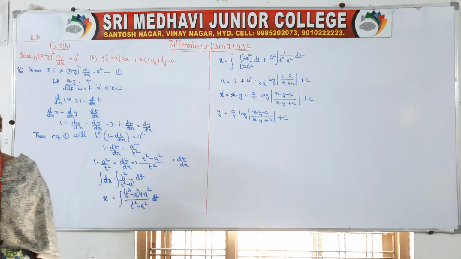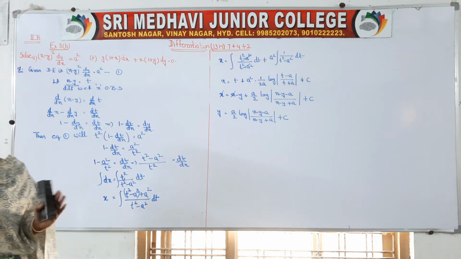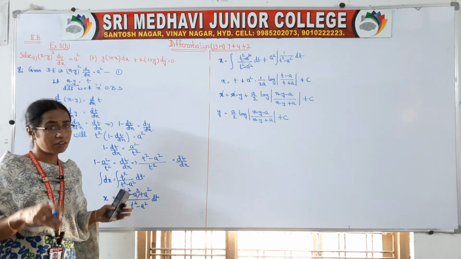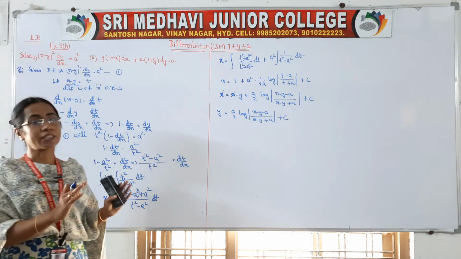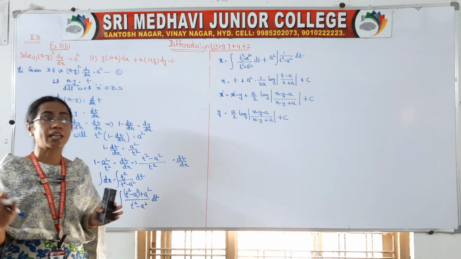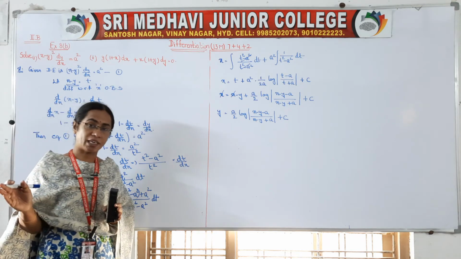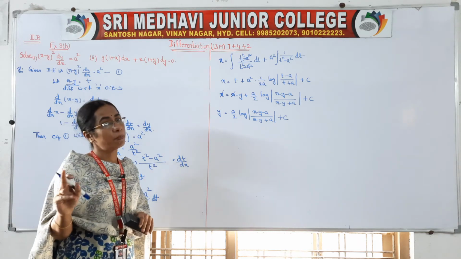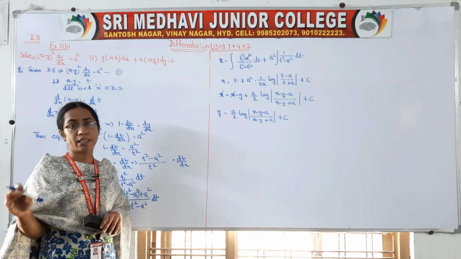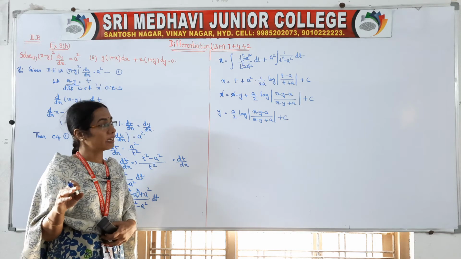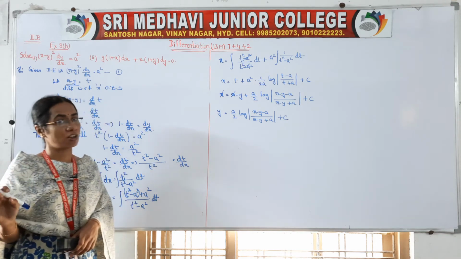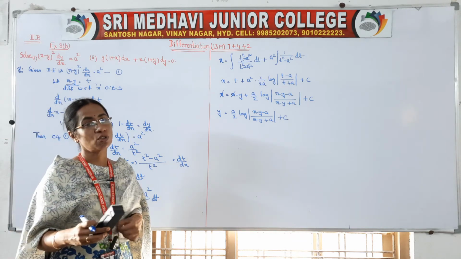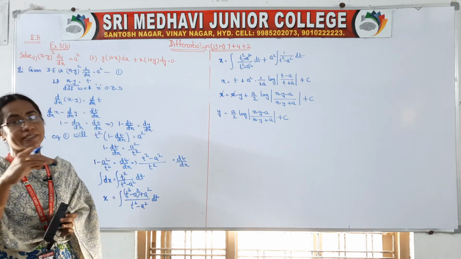So in a differential equation, first we have to separate the variables, right? x variables with dx, y variables with dy. Suppose we have taken t in the question, then t variables with dt, x variables with dx. Once they are separated, you take the integral, right? After doing the integration, compulsorily you have to write the integral constant plus c. If most of the terms in that answer are in terms of log, then instead of taking plus c, we have to take log c. Same concept we have to use in these problems, but the methods are different, so we are using a different method to solve these integrals.